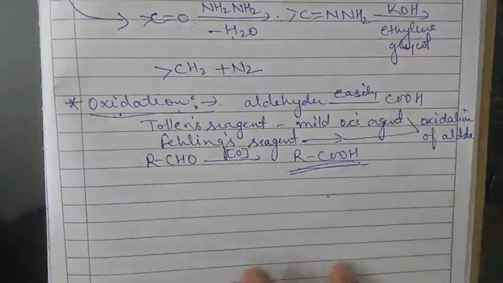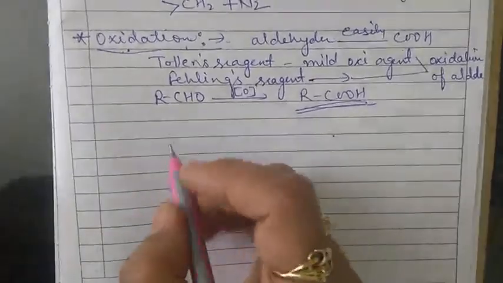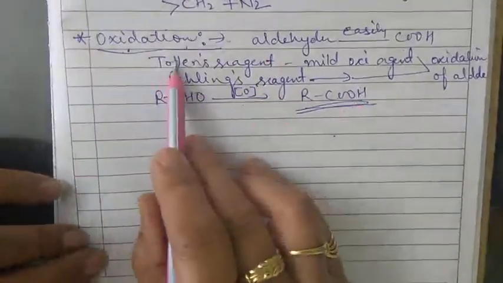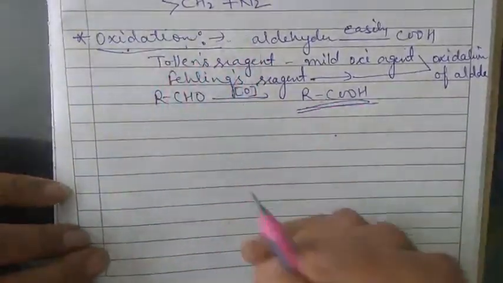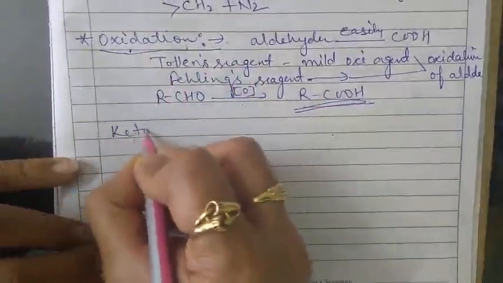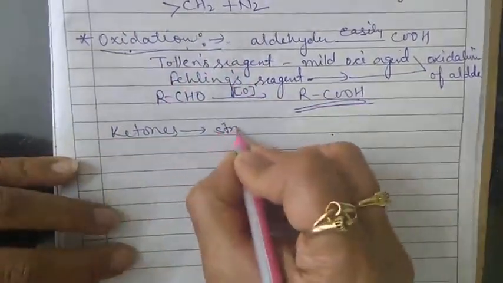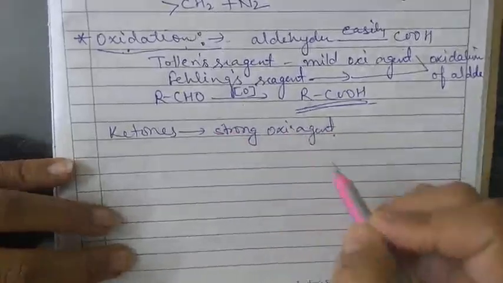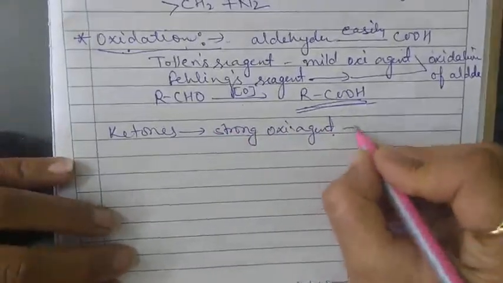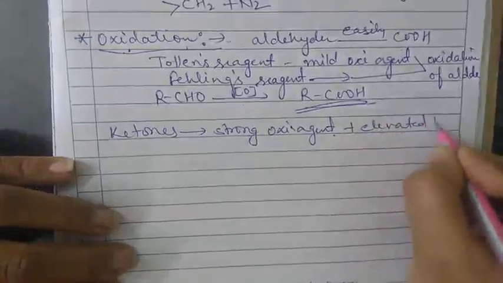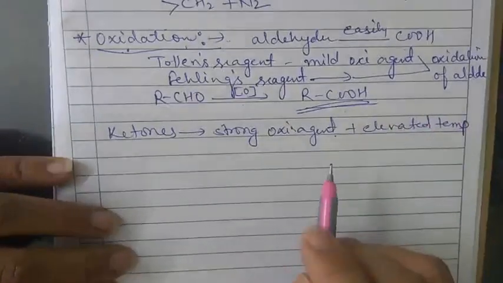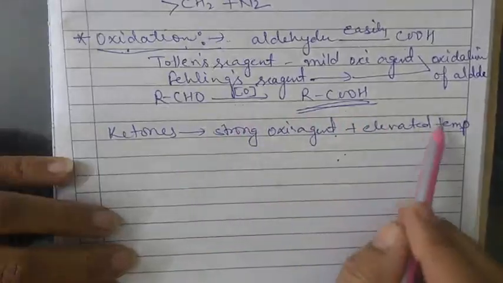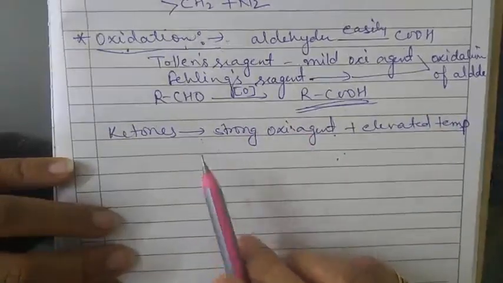And if we were talking about the ketone, ketones are generally oxidized under vigorous conditions. And what is that vigorous condition? Vigorous condition means we need a strong oxidizing agent plus elevated temperature. Their oxidation involves carbon-carbon bond cleavage to afford a mixture of carboxylic acids having a lesser number of carbon atoms